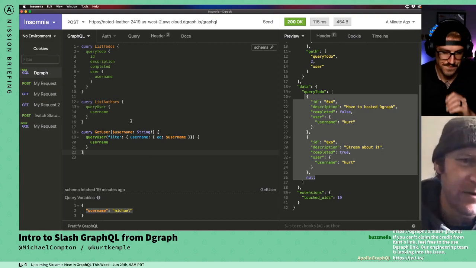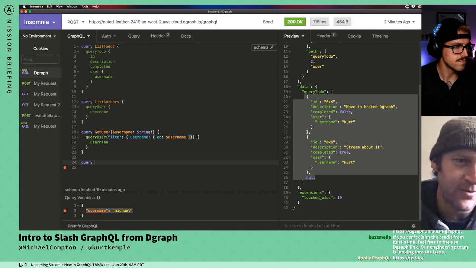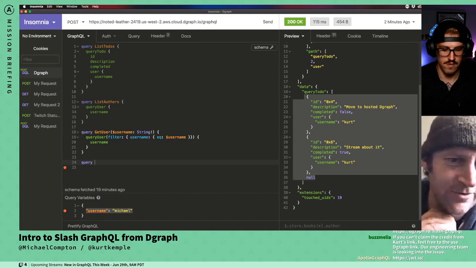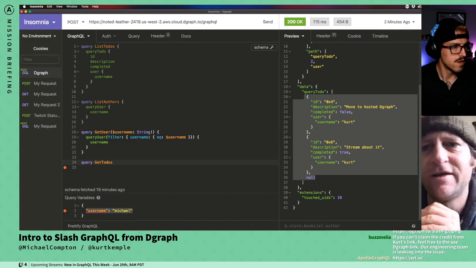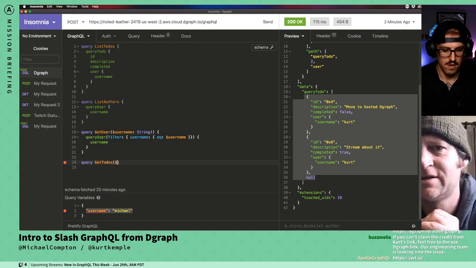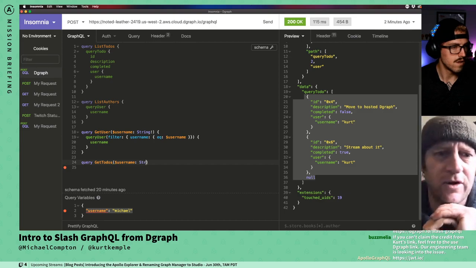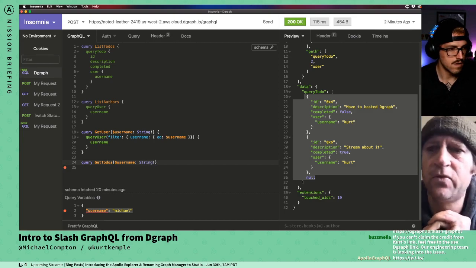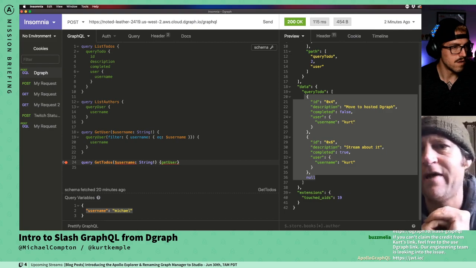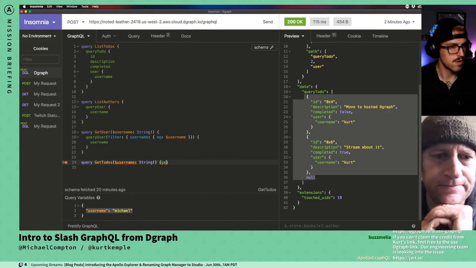So if we write another query down here, which will be something like query get to-dos or whatever you want to call it, it's going to take a username as an argument. You're going to use that username inside the query to work out which to-dos you're allowed to see, and if we add that back into our